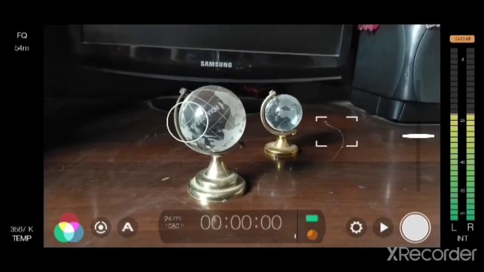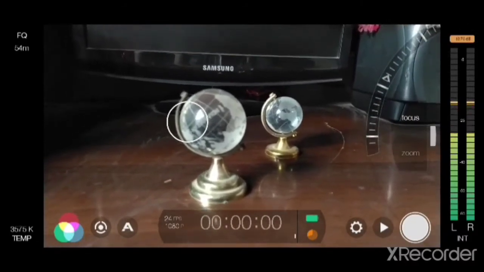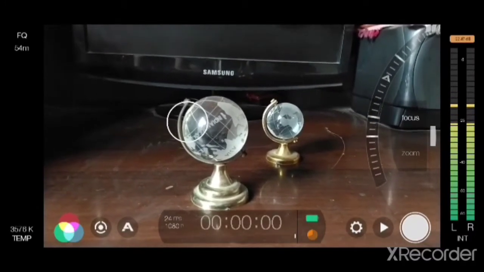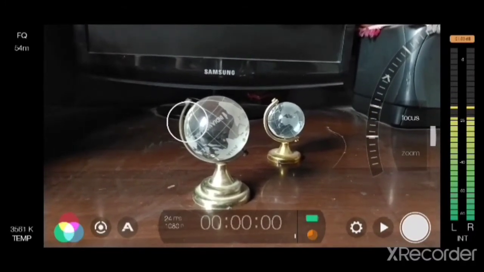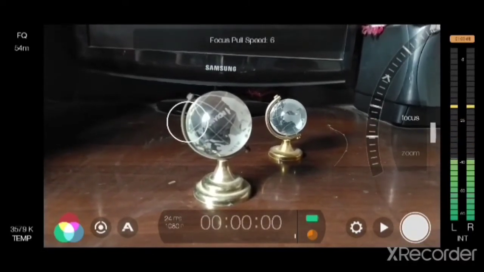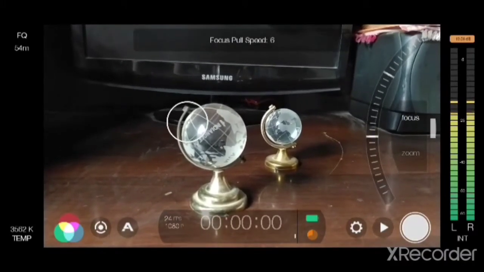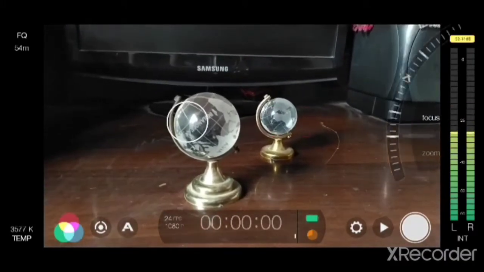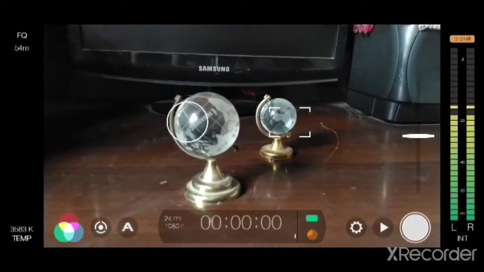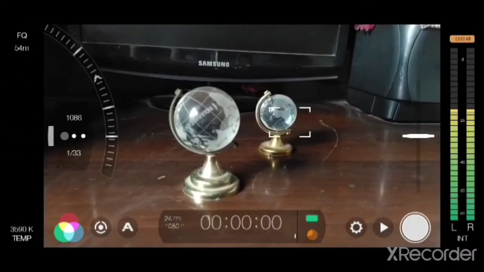And let me show you a feature that I really liked about it. If you tap and hold the focus reticle, the arc comes out, and you can drag up and down to control the focus and adjust the focus. The slider option is also for focus speed. And if you tap it, it's locked. The red color means locked. Let me untap it, and let me do the same thing with exposure.